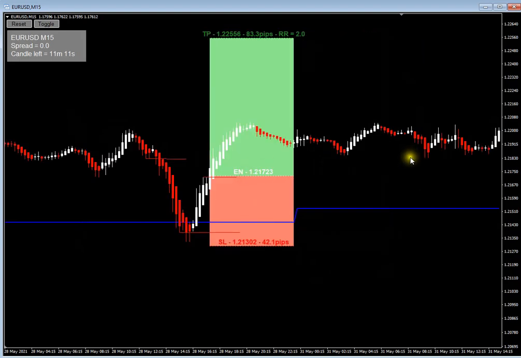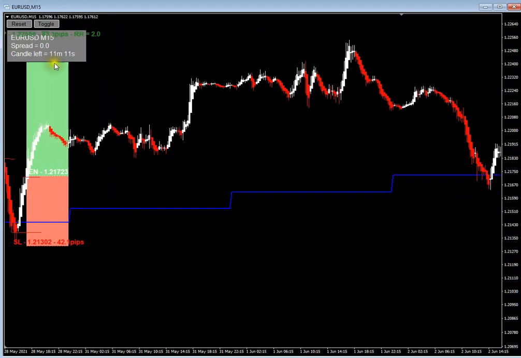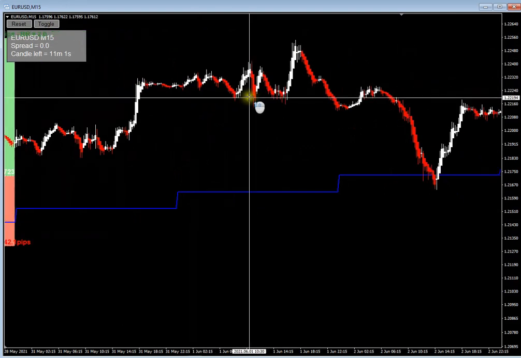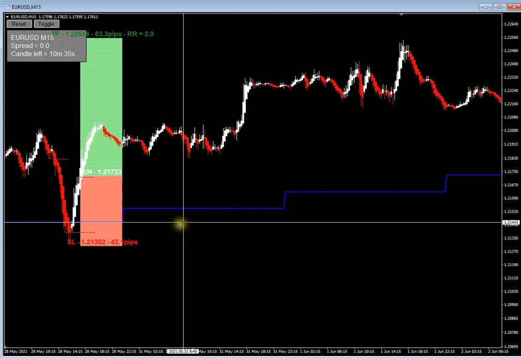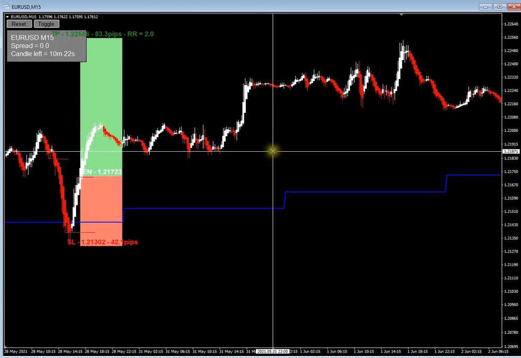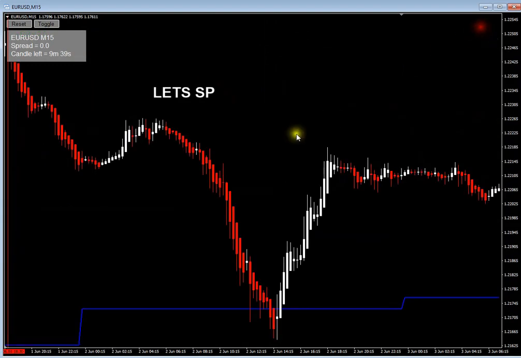So let's scroll along, just zoom out a little bit. Yeah, we just about hit it up there. Look, you'll see that we hit a 2-to-1 trade of around 83 pips. So this is where we would have taken profit up here. There was a possible trade here, look. So if I put this level across,